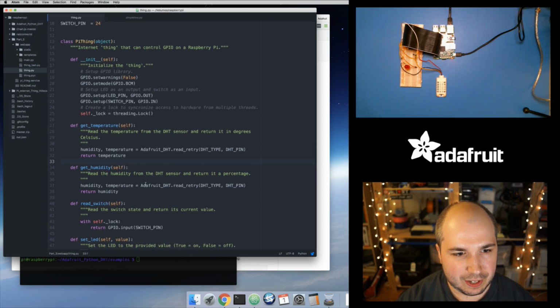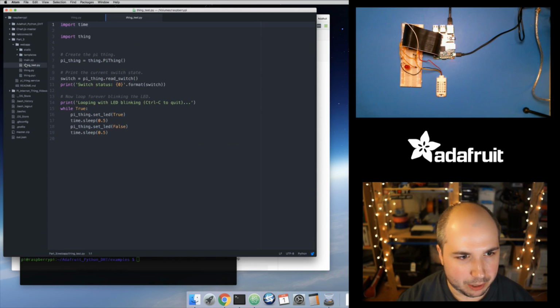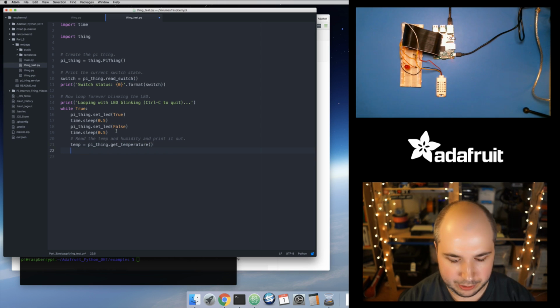And then to test this, I was thinking let's modify our thing test and add in, so right now when you run this, it'll grab the switch state and then it'll loop blinking the LED. So during this loop, let's read the temperature and the humidity and then print it out. So here let's do temp equals python dot get temperature, oops, and then humidity equals python dot get humidity, and